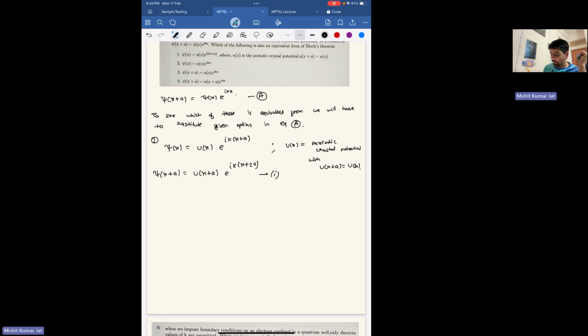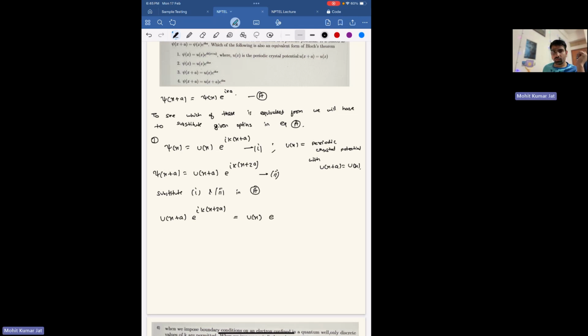Let's substitute equations 1 and 2 in A. Psi of x plus a is nothing but u of x plus a e to the power i k times x plus 2a, which equals u of x